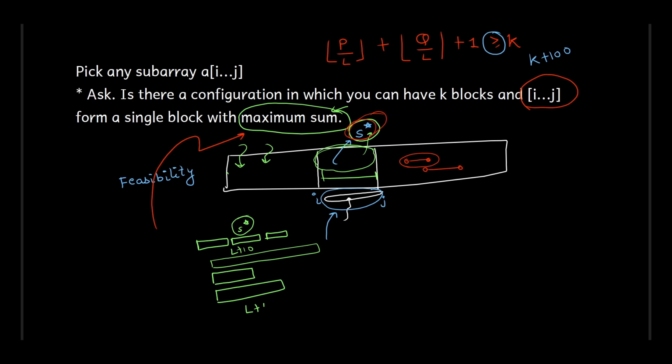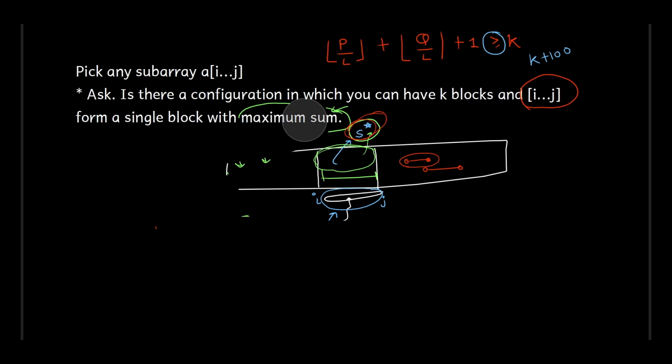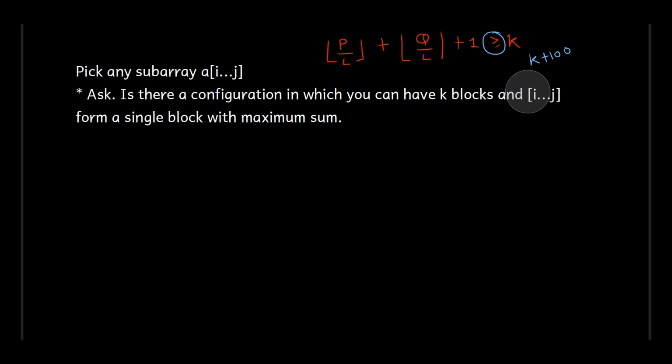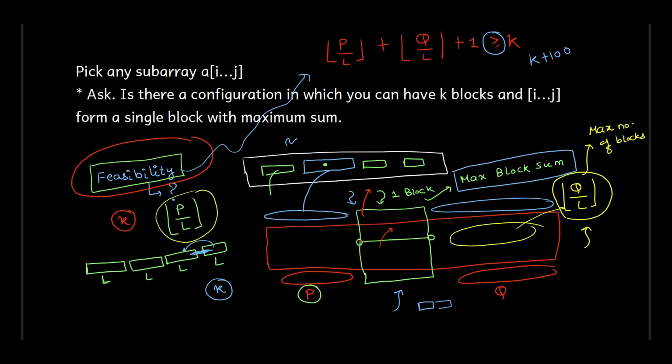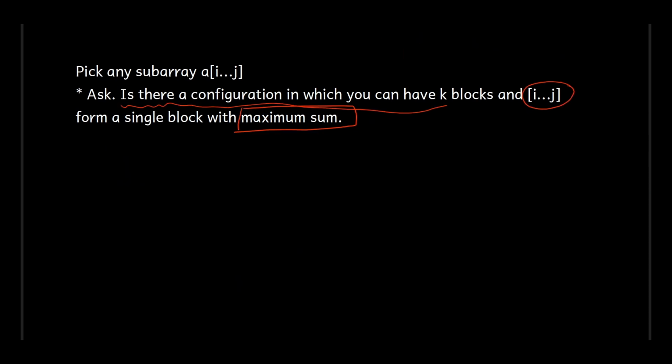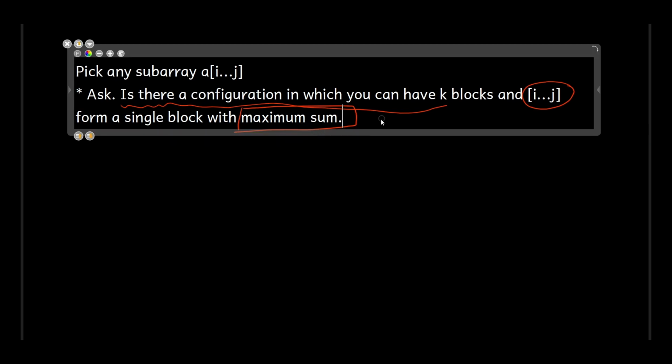we start with the contribution technique from earlier, okay? And this time we say that we'll not ask this difficult question. And why is this question difficult? It's all becoming difficult because of this maximum sum criteria that we have placed. If you had just asked a simple question, is there a configuration in which you can have k blocks and this element gets its own block? We just saw that that was a very easy question to answer from the feasibility check that we had done earlier. So let's ask the weaker version of the question instead, not the difficult version,